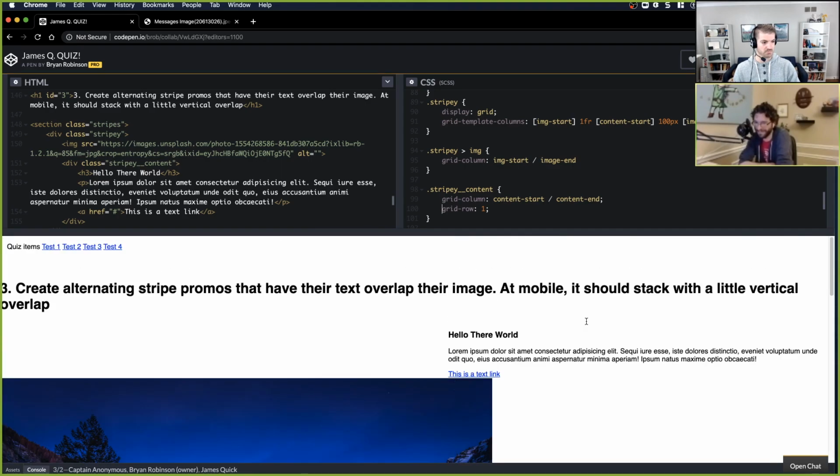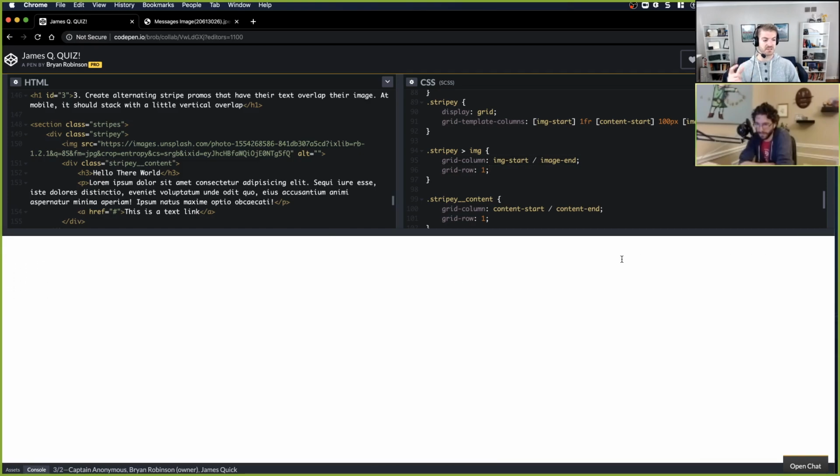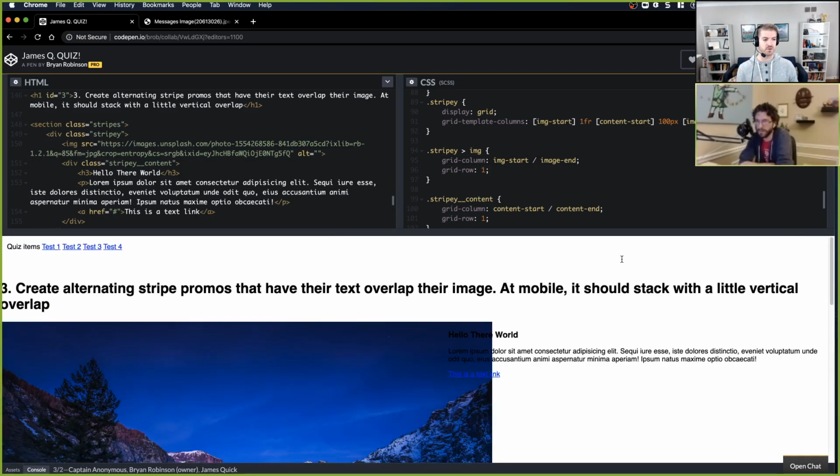Hmm. Okay. Why did that happen? Oh, because if that one's 1, then the other one will then not be 1. So now it'll automatically bump it down. Yeah. Don't forget your semicolon. I did it again. So now defining both of them to explicitly be in the same row, and then they have their own columns. The other part of this is the align items center.